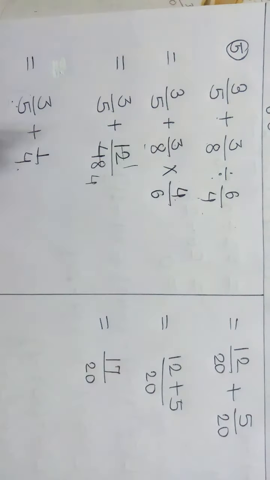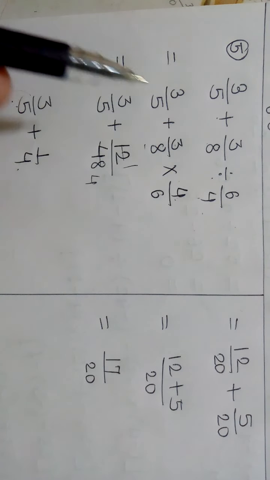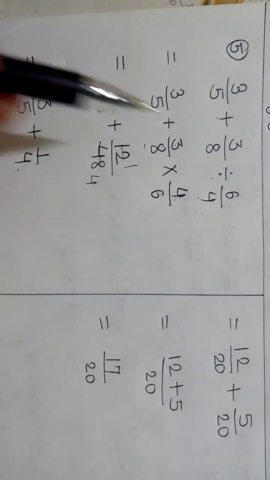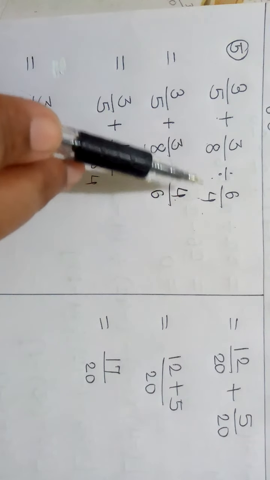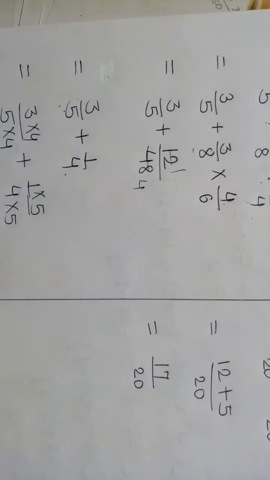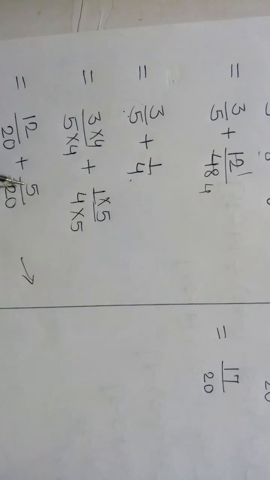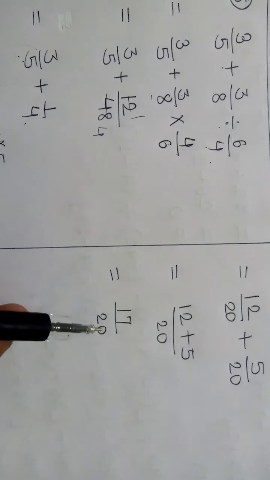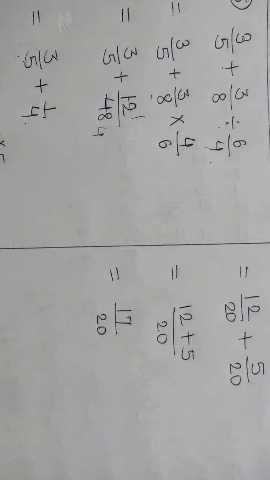So in this expression what we have done? Only followed rules. Here division we have done first. Then already you know how to do division, that we have done, and then addition here we have done, and you know for addition we have to make denominators equal. So denominators equal we have made, and then solve and got answer 17 upon 20.